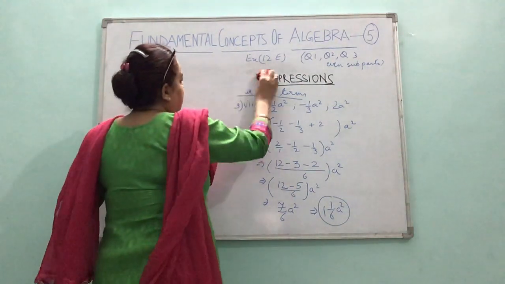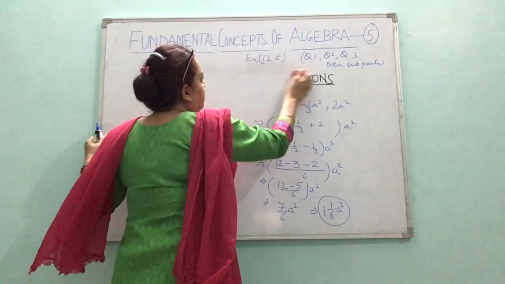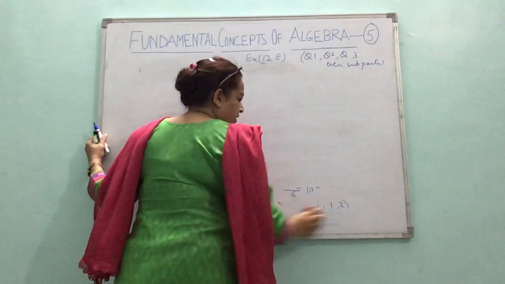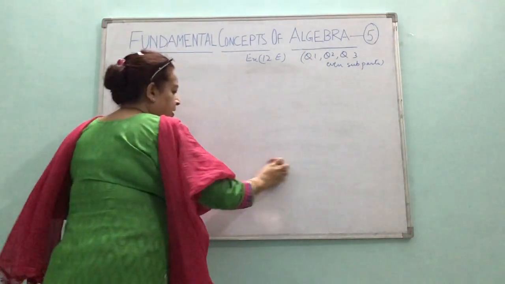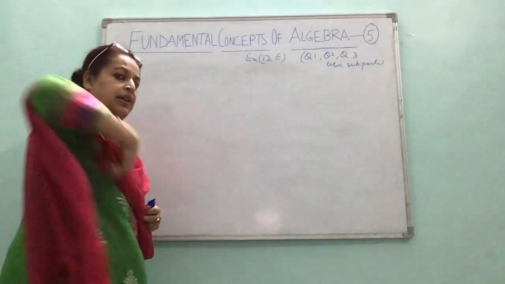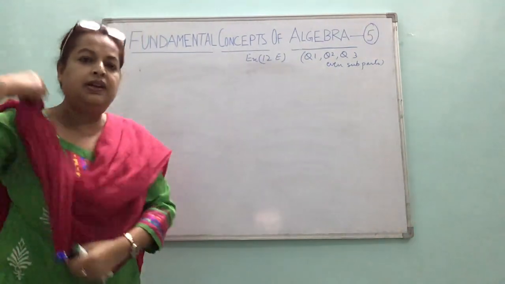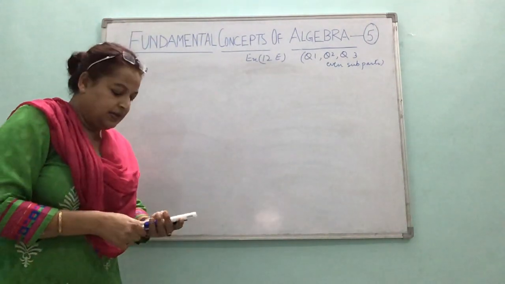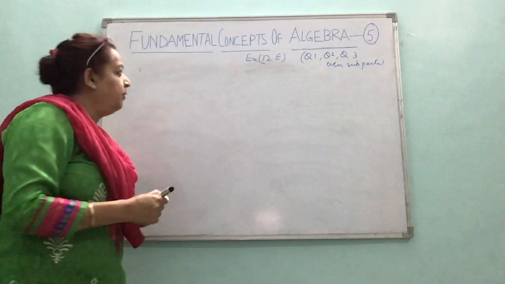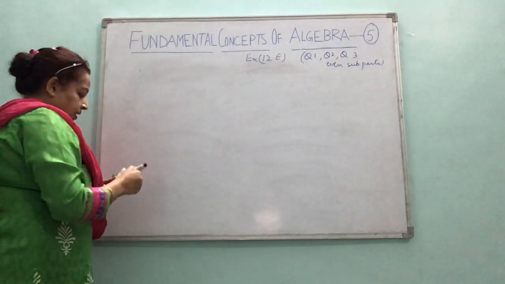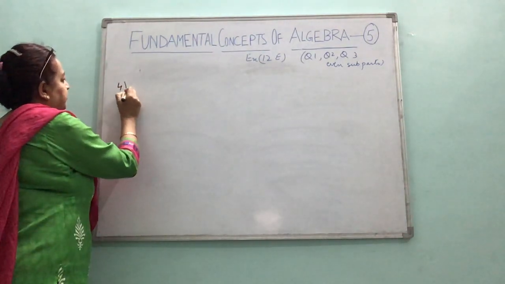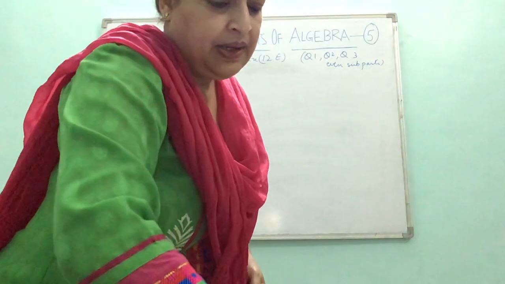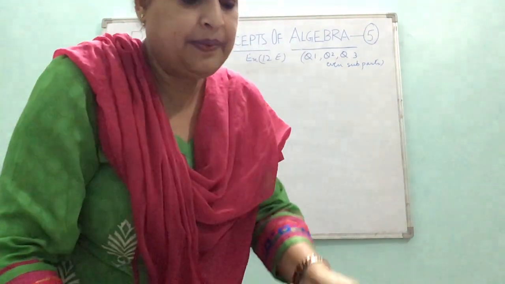So I'll take some expressions and the easy method of doing it that will follow. When you are adding monomials, the method which I have told you is the easier method. And when you have more than one term, binomials or trinomials, then I'll tell you the method to follow. So I'll take up question number 4 from your book only, so that you can easily see the question.